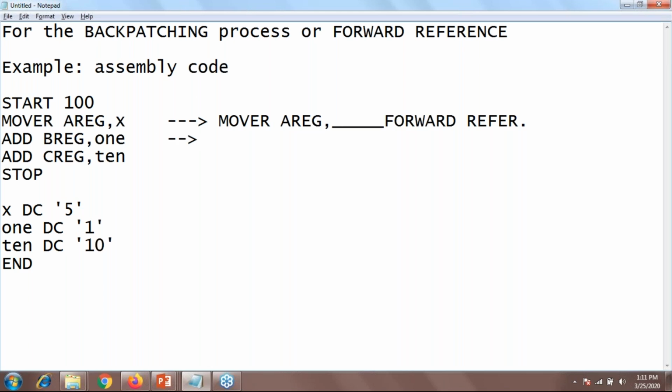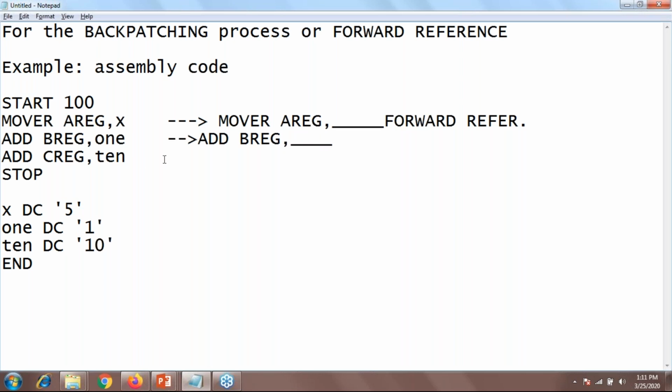One more time, I don't have the value of one variable, so I just need to wait up till the stop. AREG, comma, blank space, right? So this is also known as a forward reference, that I am going to use the one variable's value over here, but right now I don't have any value of my one variable, right?